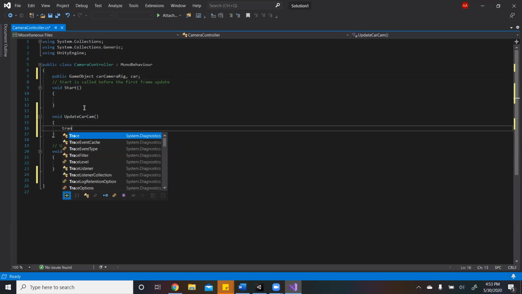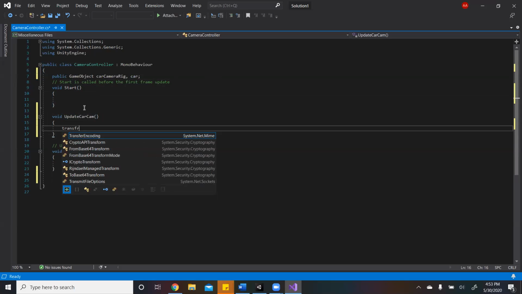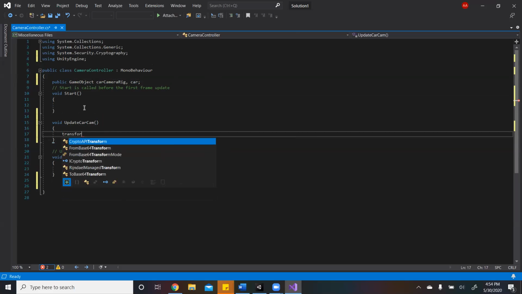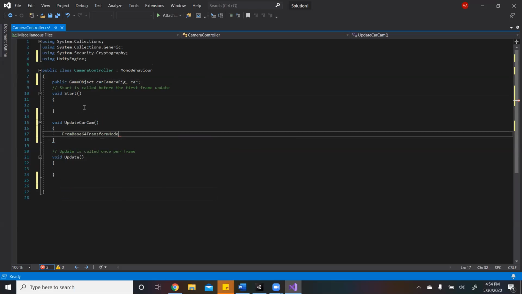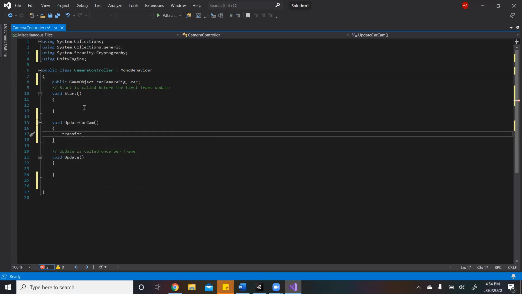So what we want to do is we'll take the transform. What transform.position does is it gets the position of the transform, of the object that the script is placed on. So the script will be placed on an object, and we'll get the position of it, and we'll set it to the... I hate IntelliSense. Okay. So you get transform.position, and that will get the position of the object that the script will be placed on, and we'll set it to the